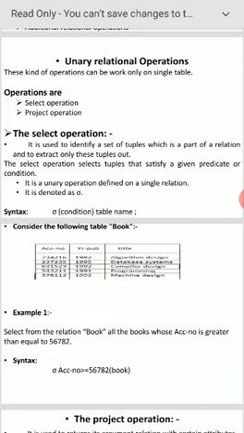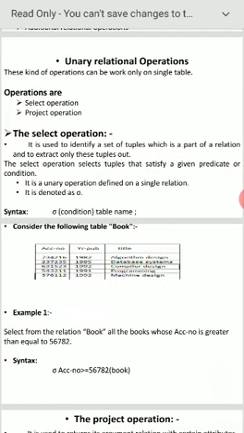Here, the select operation satisfies a given predicate or condition. There is a condition. Predicate is nothing but a relational schema. Here, it is a unary operation defined on a single relation, not for different relations, only a single relation.